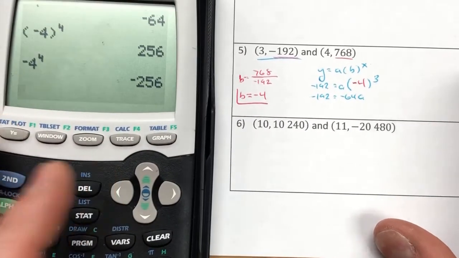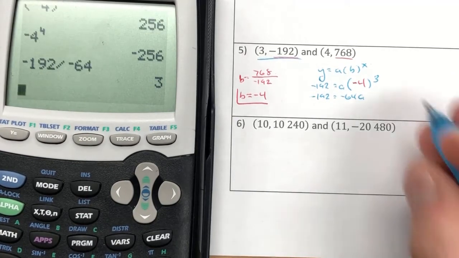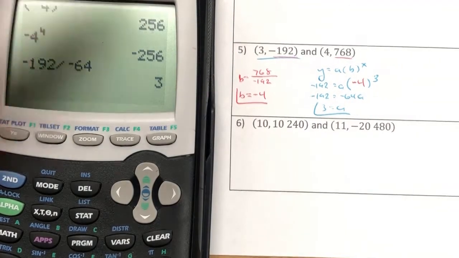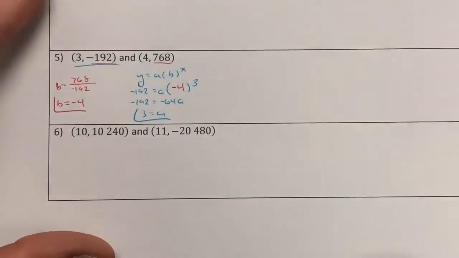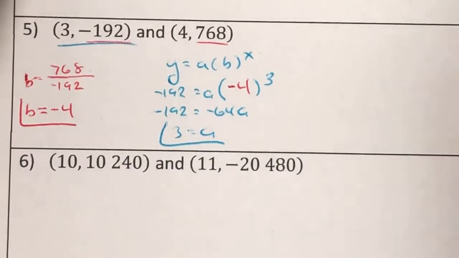So I'm going to pull this back out and say whatever 192 is divided by negative 64. And we'll get a positive 3. And so that's all that we need to go ahead and answer this. We'll say, okay, I have my A, my B. So y is equal to